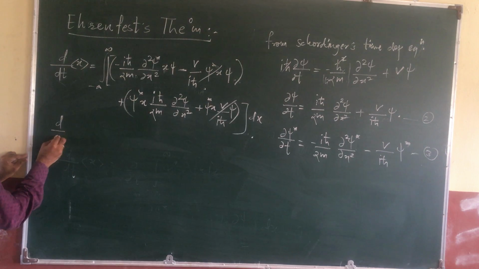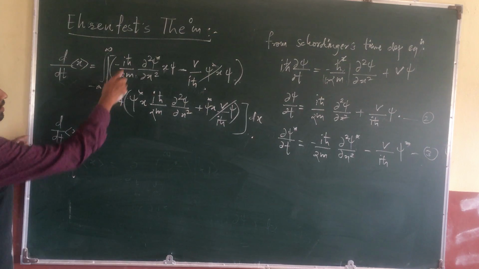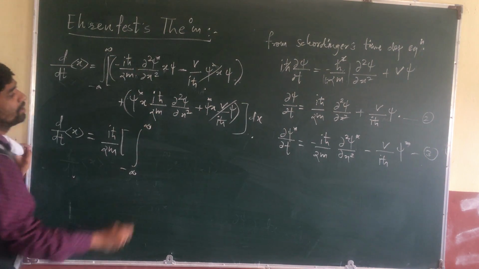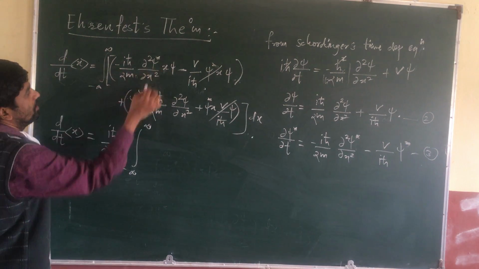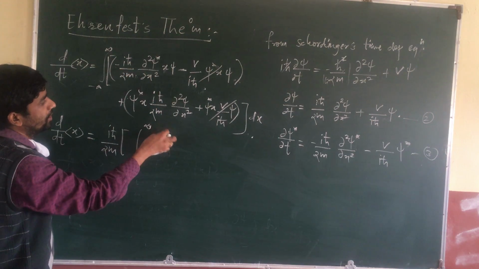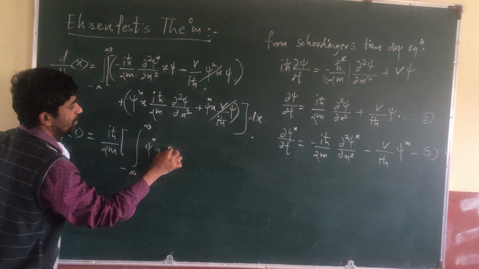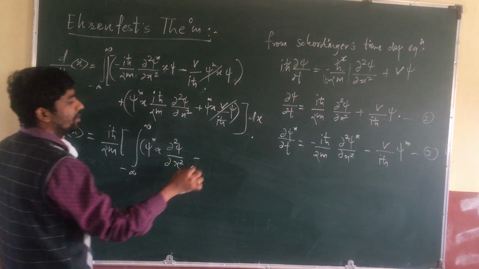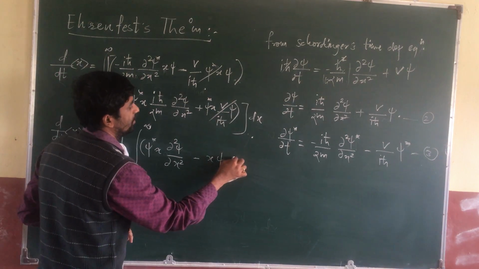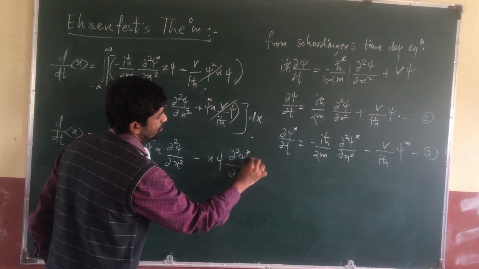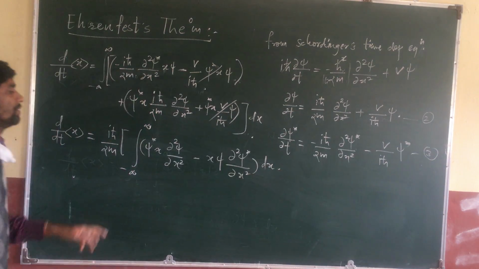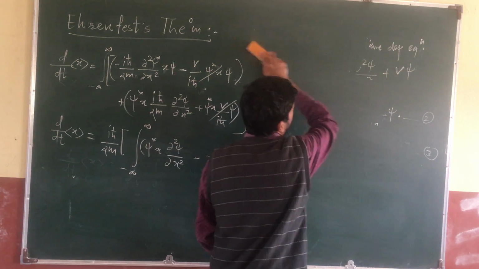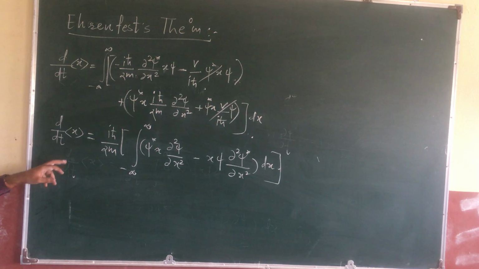So this gives you d/dt of the expectation value equals, here iħ divided by 2m is common for both, take it outside, and integration from minus infinity to plus infinity. One will be a minus quantity and the other a positive quantity. So we will take first this quantity, ψ* x into d²ψ/dx², and minus this quantity, you will take first x into ψ d²ψ*/dx², and its integration is from minus infinity to plus infinity. So this is your expectation value, that is, the differentiation of the expectation value with respect to time. So from this, now in this equation